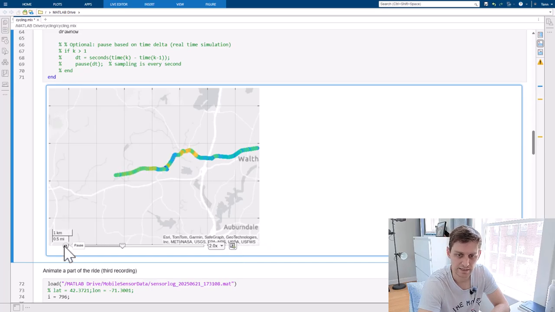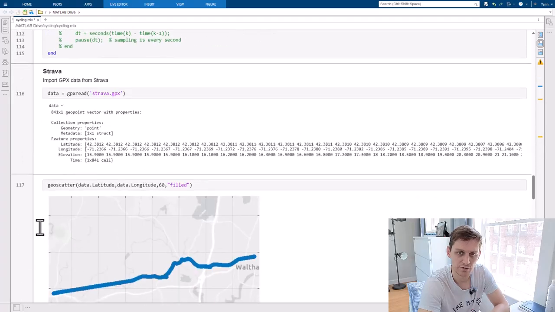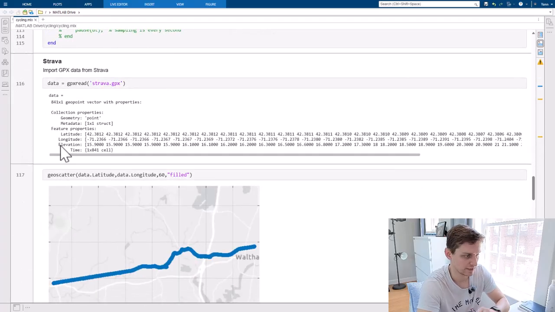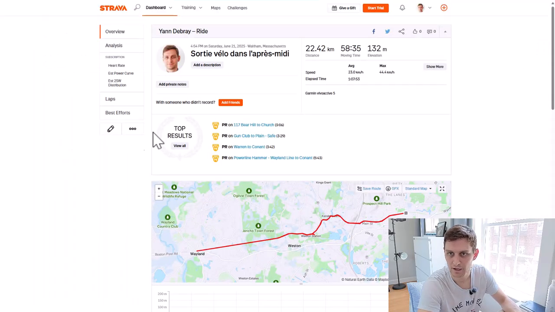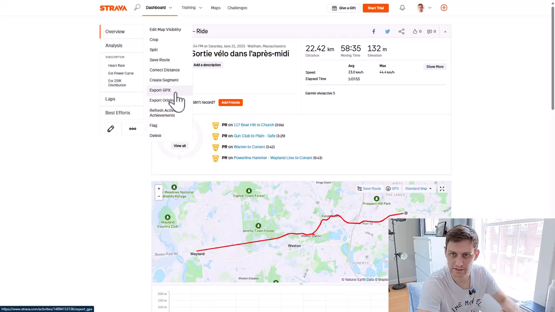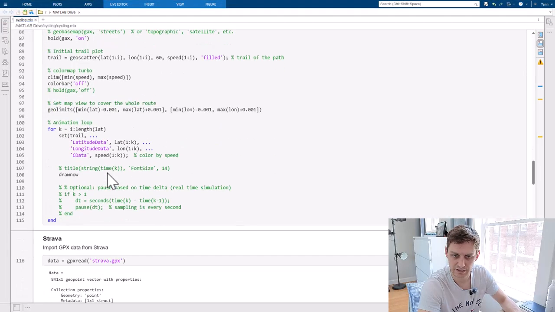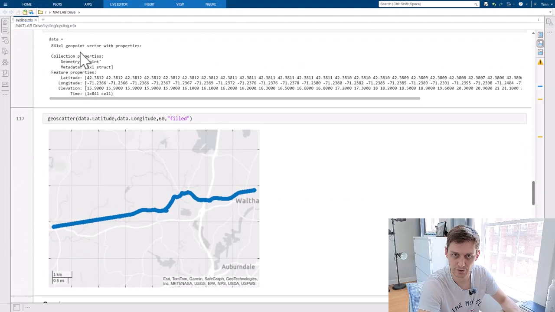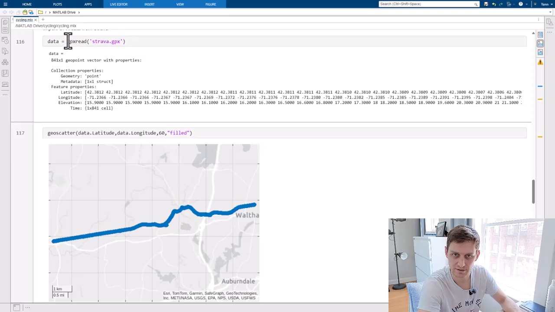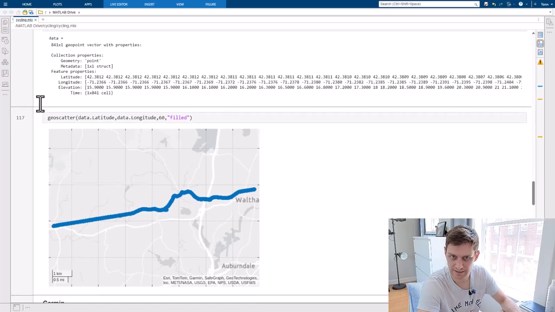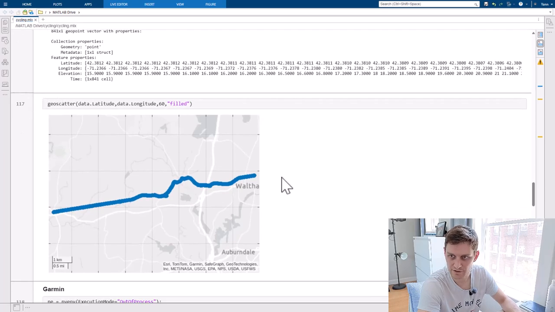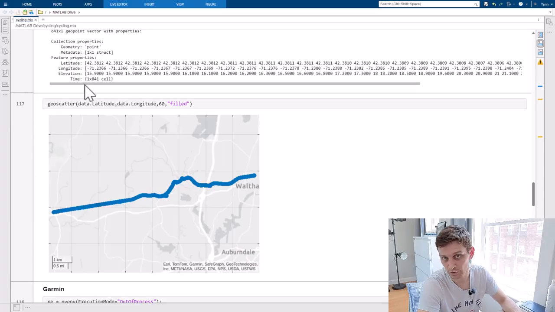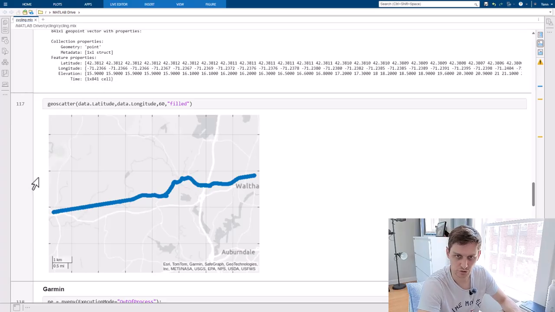Now, finally, as I mentioned in the beginning, you might be using Strava. If you want to export your rides with Strava, you can export the GPX file, and as you can see here, it's going to output this file that you can directly read with the GPS Exchange Format in MATLAB directly. But you won't have the speed, only latitude and longitude, and also elevation,